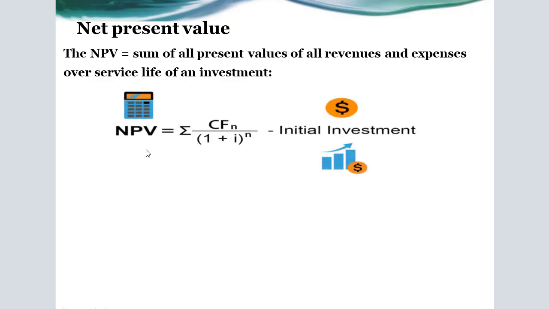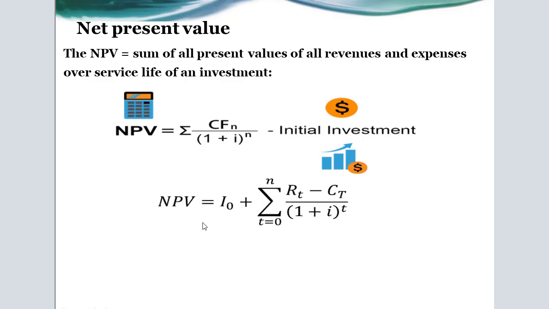So the net present value can be expressed in this form: equals the summation of CF sub n divided by 1 plus i to the exponent n. Okay, and another form can be expressed as equals the initial investment plus the summation